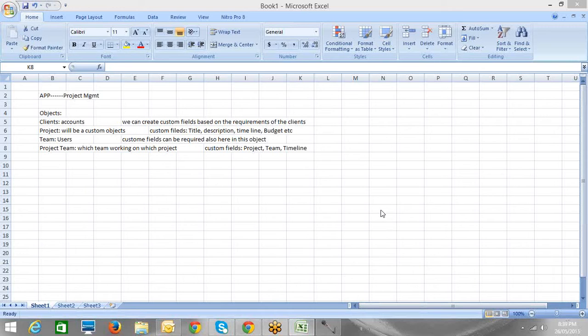All right. So this is where you should be thinking about the fields. Objects: clients, accounts, projects is fine. Team is users. Okay. Just give me a minute. Project team: which team is working on which project?